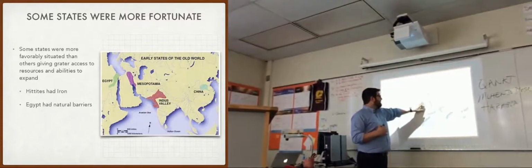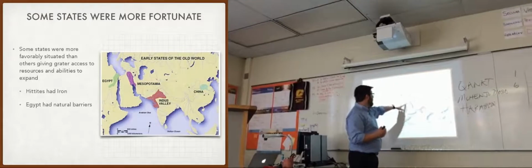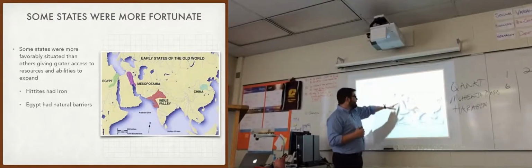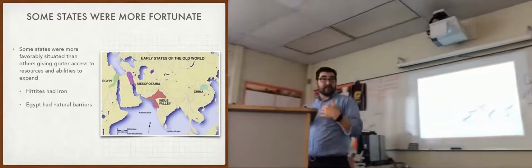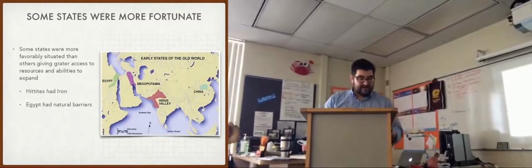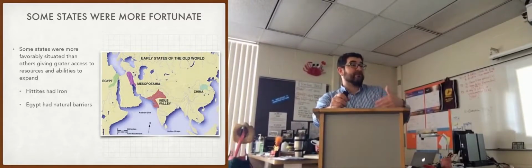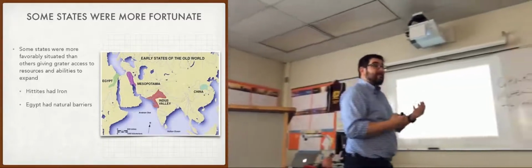Egypt, on the other hand, is blessed with an abundance of natural resources in their river, and they're also with good soil because of the flooding of the Nile River Valley, but they've also got great geographic boundaries. They've got a desert, the Sahara Desert to their south and their west. They've got the Mediterranean Sea and the Red Sea defending their territory from the north and from the east. So keep in mind how natural borders, natural barriers, or just the luck of geography can help some cities out,